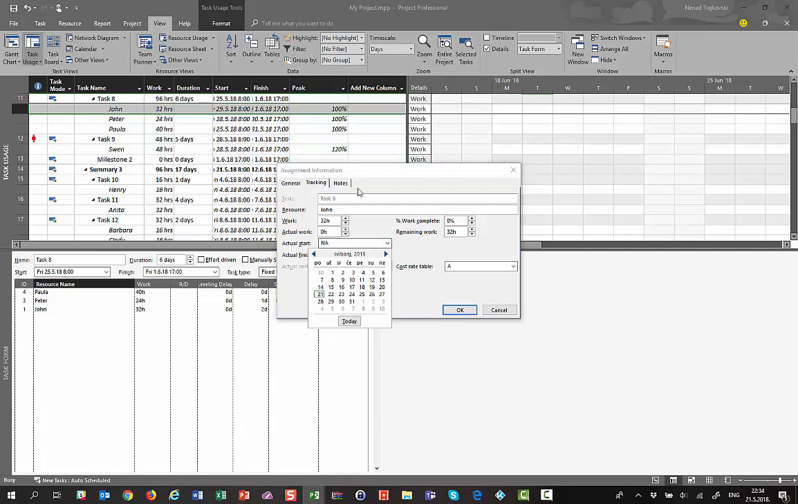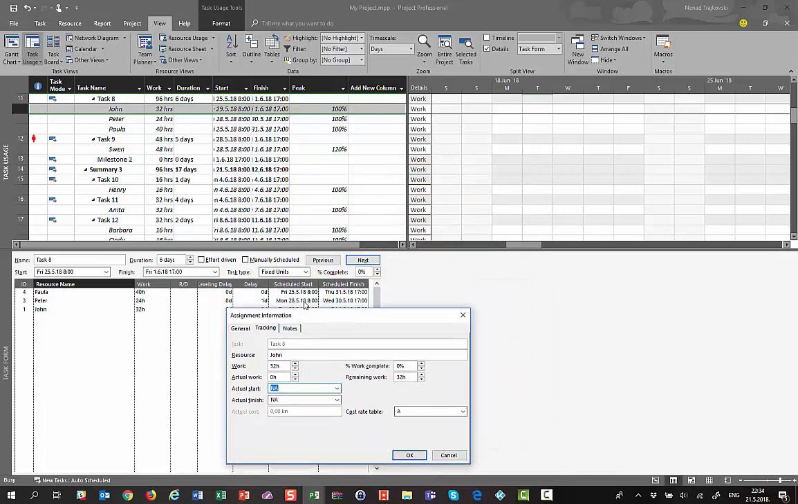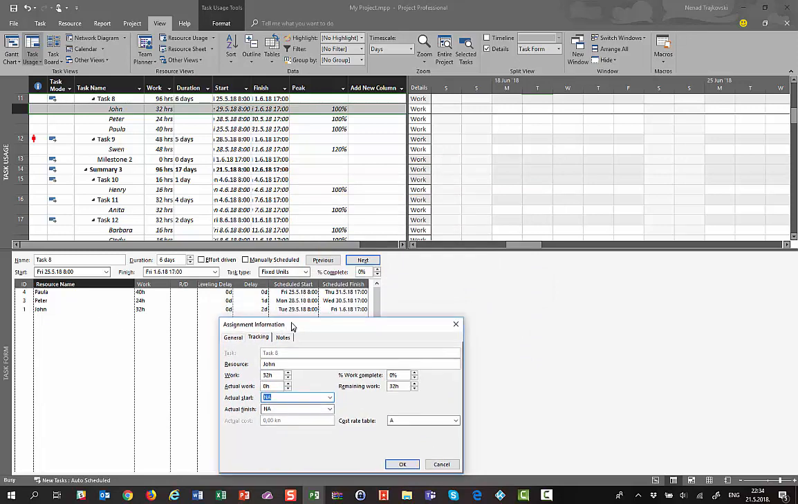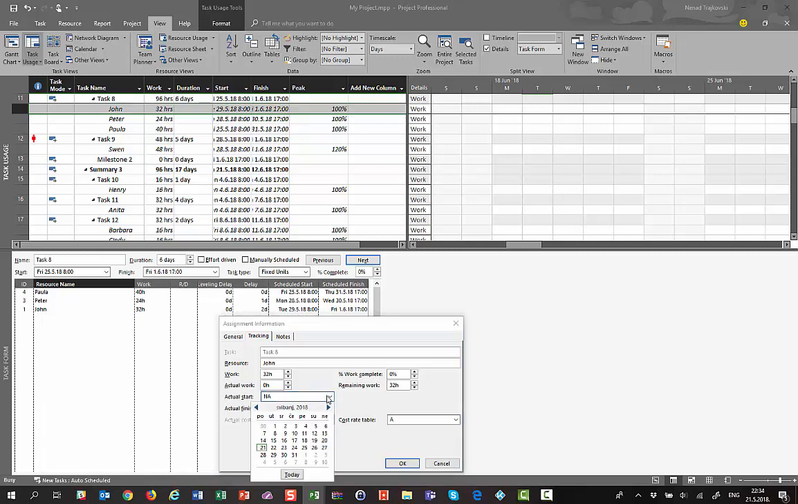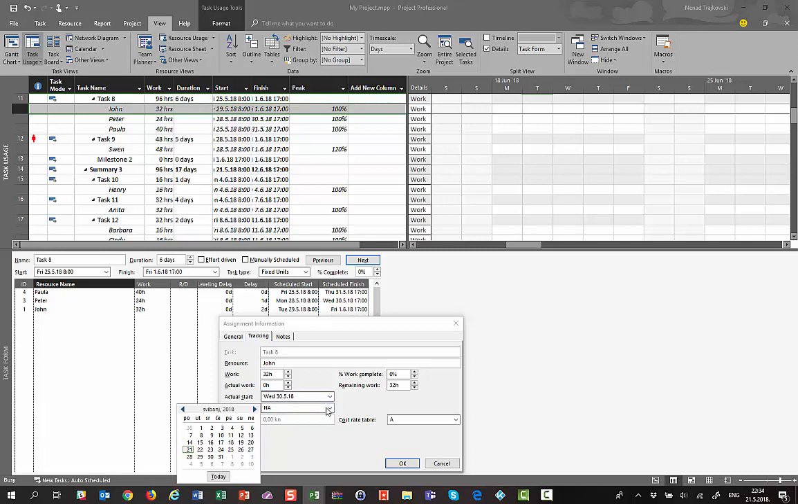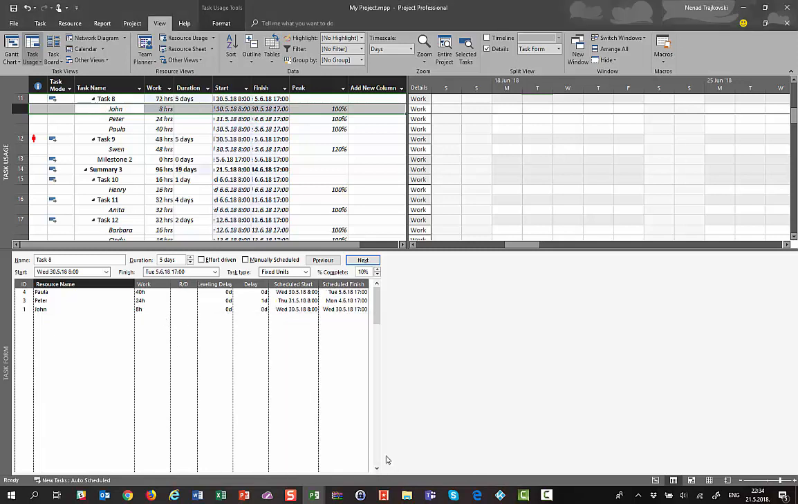Now here I can put actual start and actual finish. I know that actual start and actual finish for John is from Tuesday to Friday, okay, Tuesday to Friday, but I can say that actual start was not Tuesday 29th, but Wednesday 30th of May, and that he finished on the very same day. What will I get here now? I will have that he